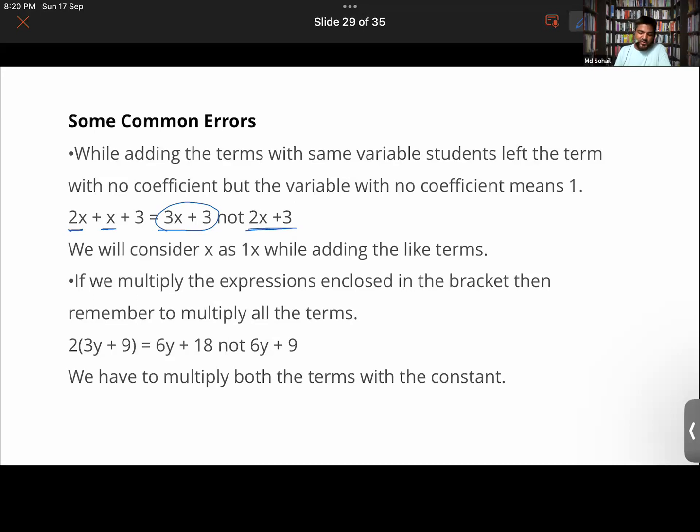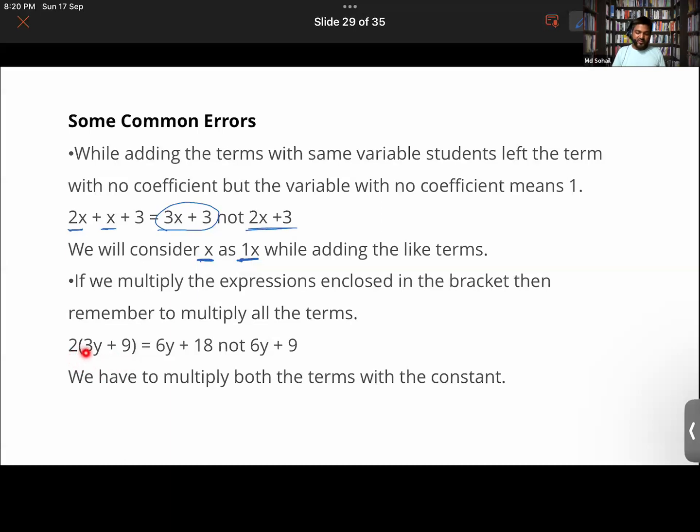So x is considered as 1x because if there is only a variable term and no constant term in it, it means it has the coefficient 1. Now, if you multiply the expression included in the bracket, for example, this here, you don't